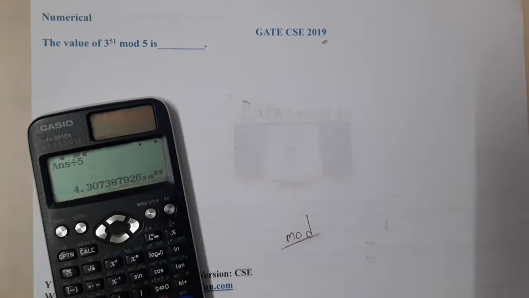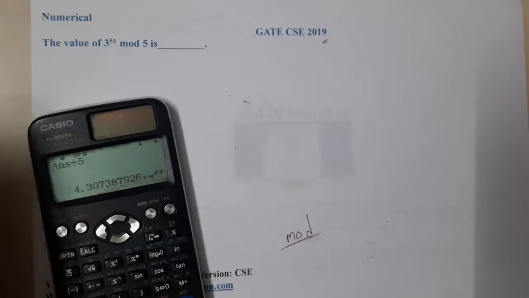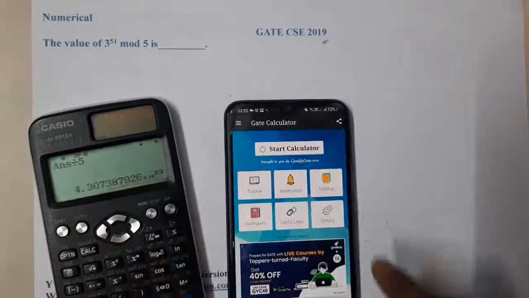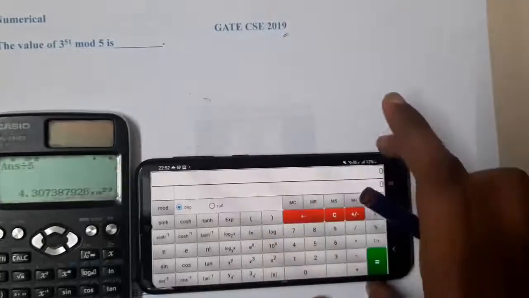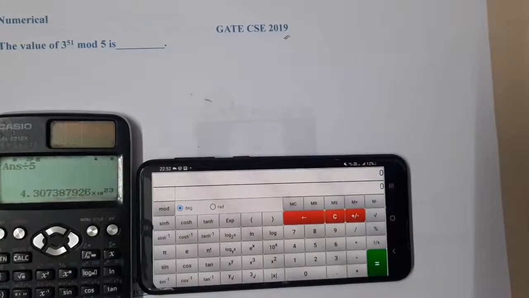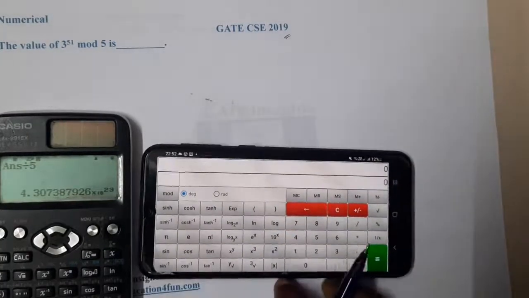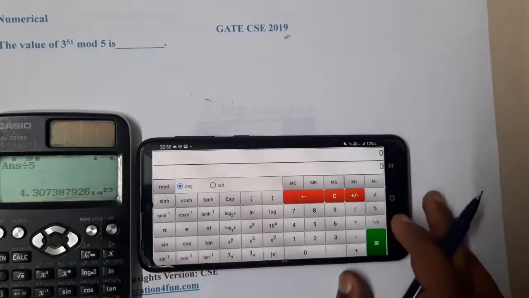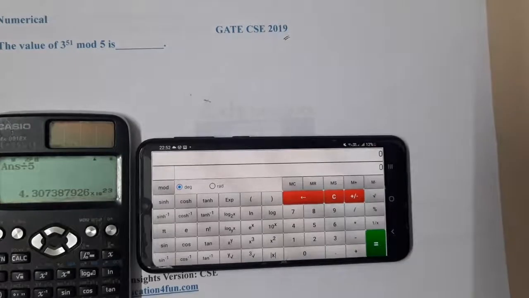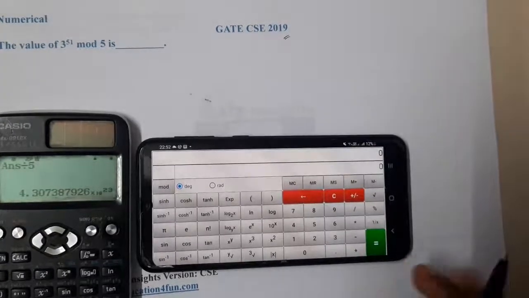Okay, so I have just searched online, guys, but I did not find how you can solve a mod function in this calculator. So that's the reason why I brought the GATE calculator. This is the GATE calculator, guys. You can click start and rotate it in this way. It is always better to try it directly on your computer rather than on your phone. If you are trying to run it on your PC, you can just download the calculator, or there is also a web version.